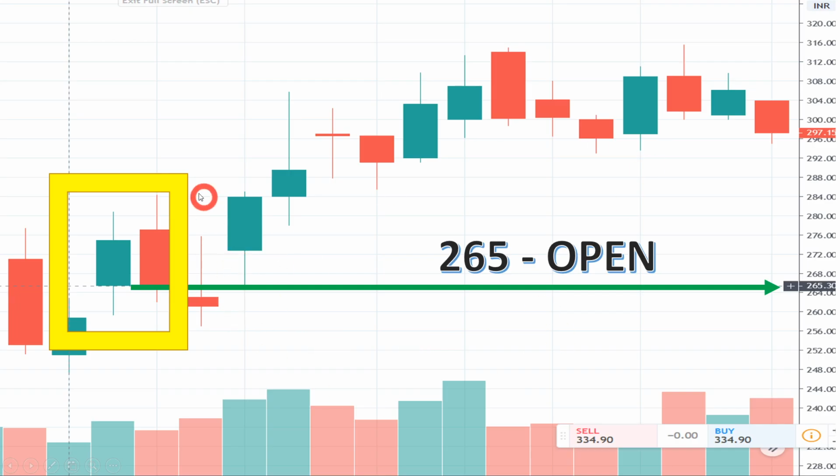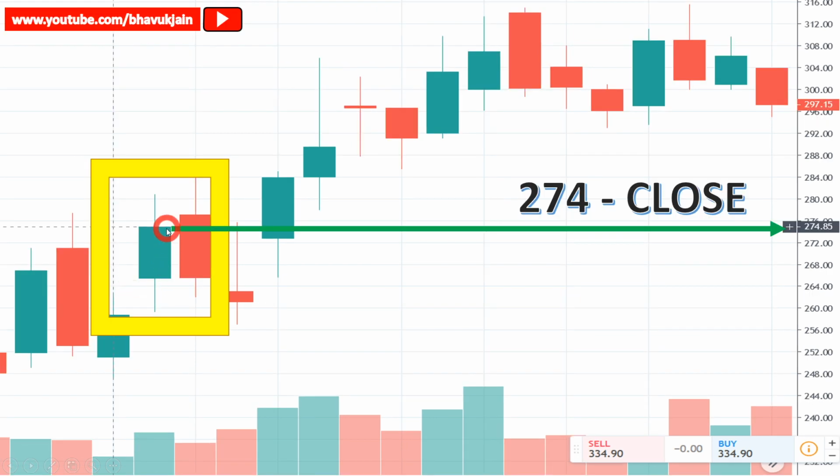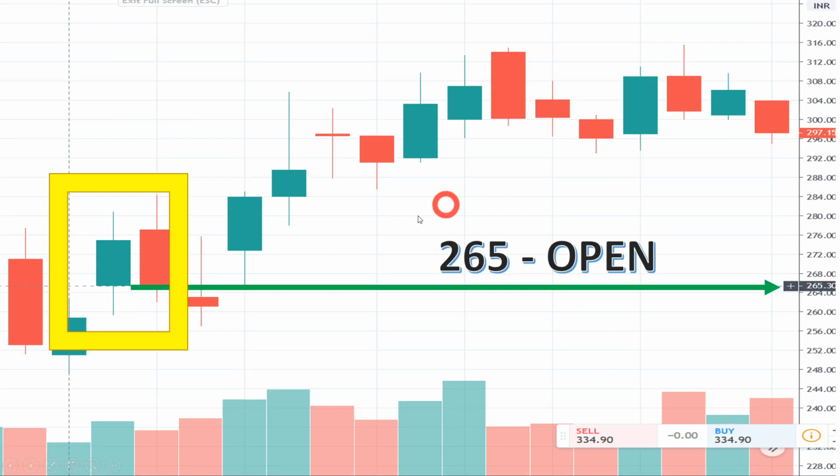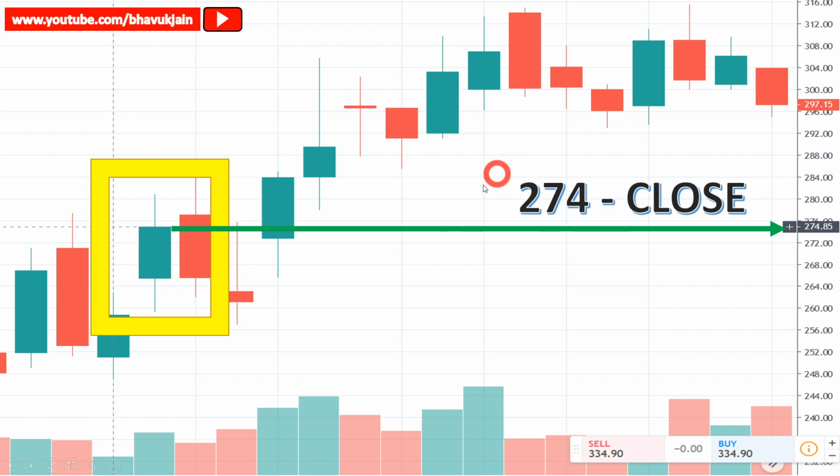Now I will show you the formation of a bullish candle. So you see here in this rectangular box, you ignore this red candle for now. We will see how the bullish candle is made. As you know, the open price of the bullish candle is at the lower side of the body. You see that the price opened at 265, so the body starts from here and it closed at this point, the upper end of the body of the candle. It opened at 265 and closed at 274.